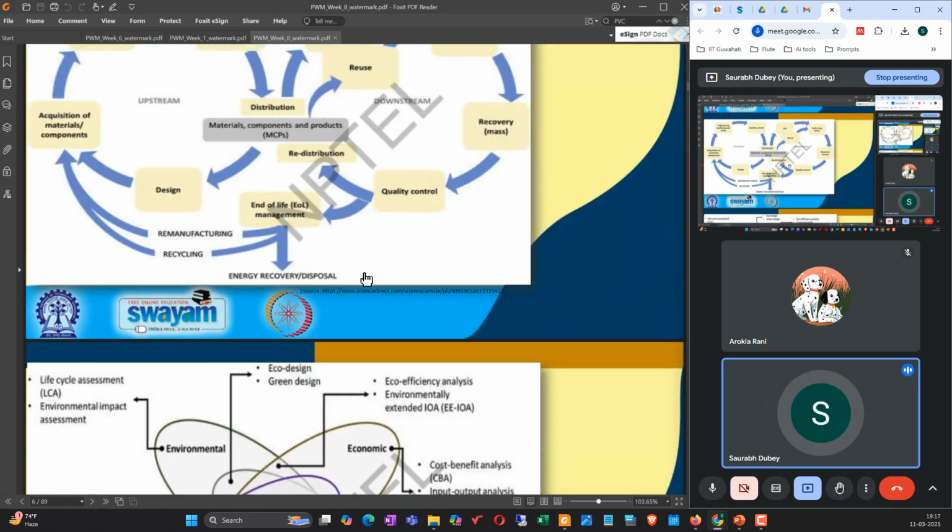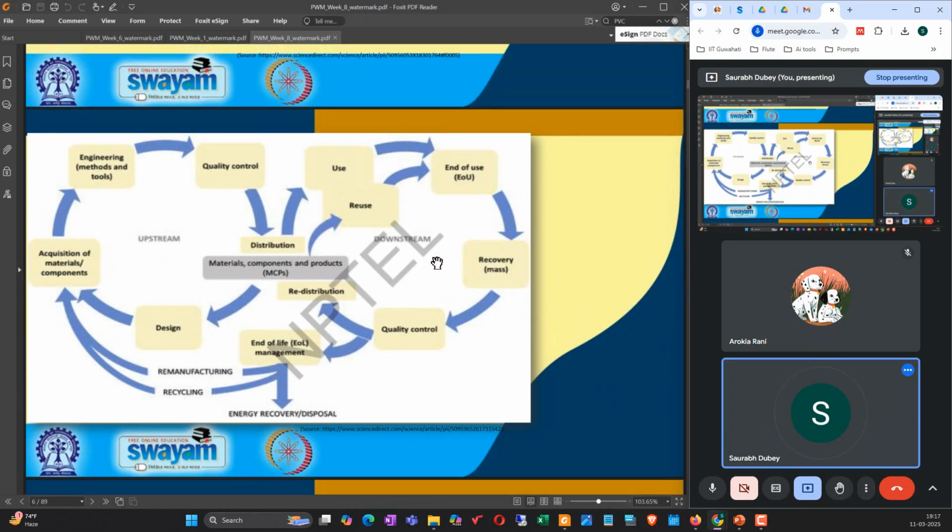The next one is where the material components and the products are shown. Something is designed, then acquisition of the material, engineering methods and tools, and quality control, distribution, and then use, reuse, end use, recovery of the mass, quality control, redistribution. So everywhere there is this circular economy, the circulation, the entire tracking of the life of the plastic that is being used from the beginning to the end. For some it's a very small cycle of time, and for some types of plastics it's a longer duration. Okay,